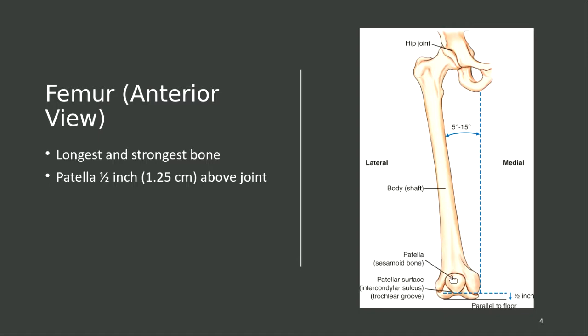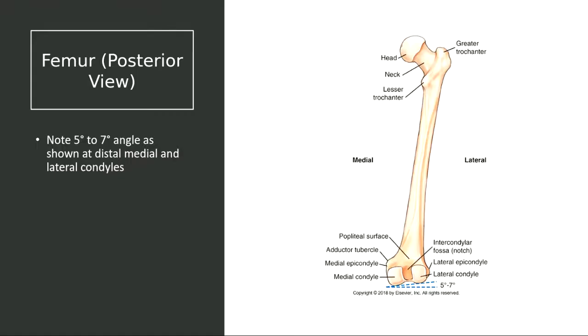You have the patella, which is our largest sesamoid bone. You have the patellar surface. And then you have the distal portion of the femur that we'll look at a little bit more in depth on this next picture. All right, if we look at the femur from the posterior aspect, notice it says note